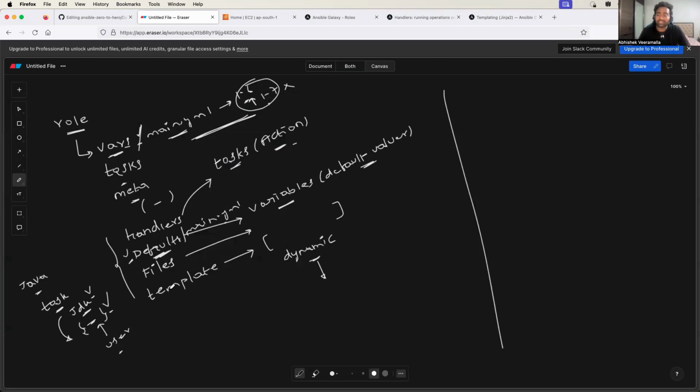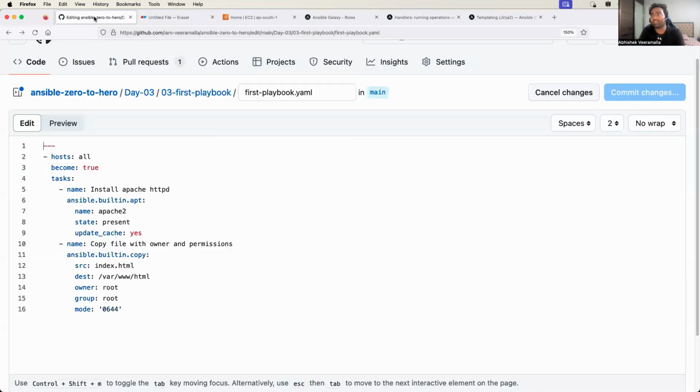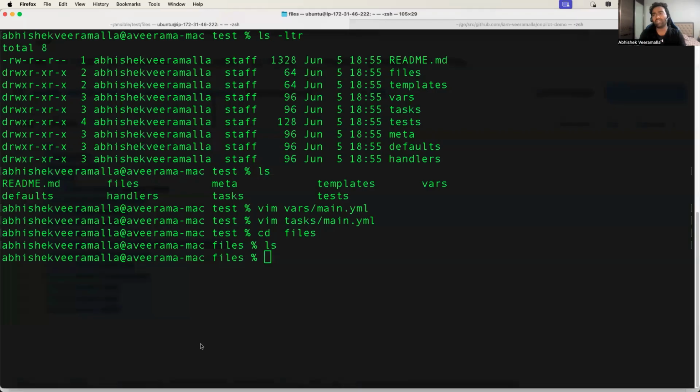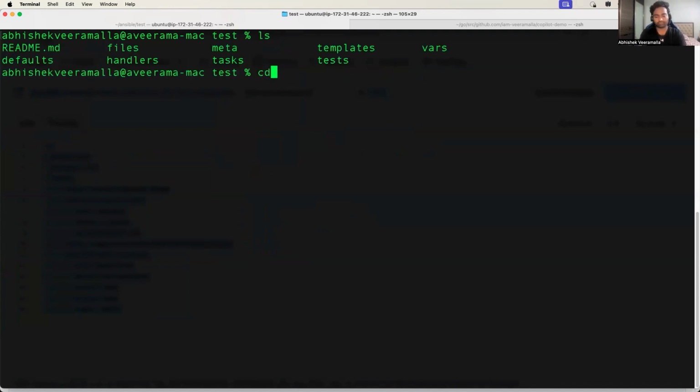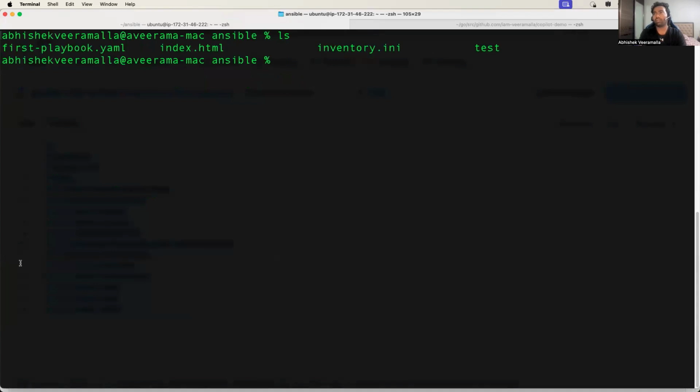So now, Abhishek, can we convert the playbook that we have written in the last class? So this was the playbook, right? Now let's convert this into Ansible roles and try to execute it as a role. Very simple. All that you need to do is, let's say someone is giving you an Ansible playbook like this. Let's remove this rm -rf test. So this is given to you by your colleague, and